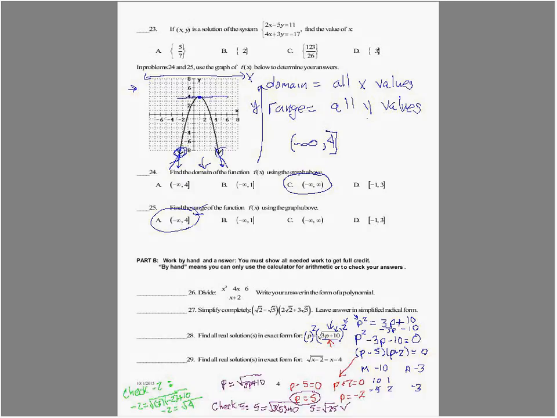Now, this is not a true statement. Negative 2 equals the square root of 4. The square root of 4 is just going to be 2. So we can't have a negative as the answer of our square root. So we have to throw out our P equals negative 2 solution. If you had this kind of problem on a test, your answer is going to be P equals 5.